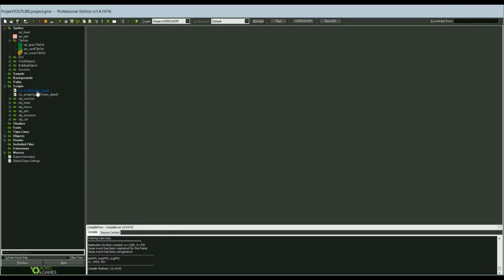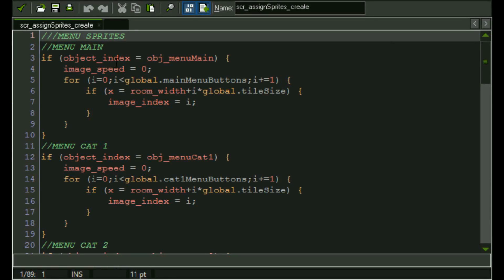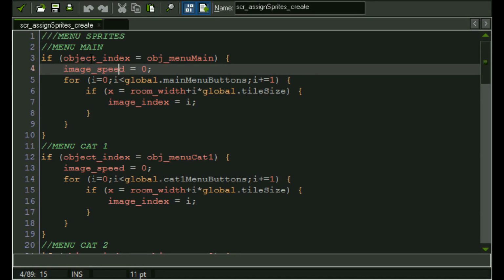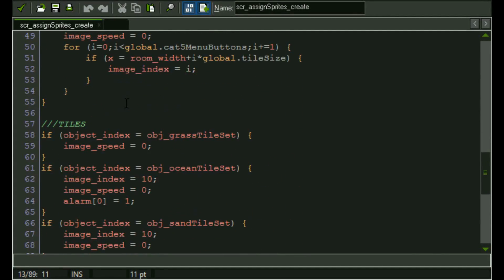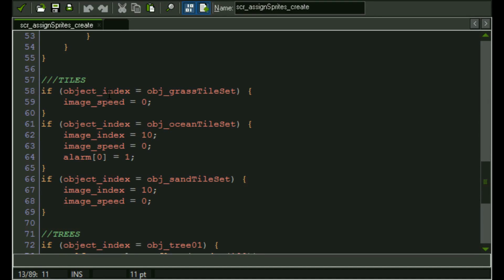Alright, that's good and fine. Let's open up that script and have a closer look at it. I'm not exactly sure if I showed you this before already, but basically I've just used the object index in order to determine which object it is and then what it has to do, and I believe I've shown you this. Anyways, what I have done here is added all of the tiles, so if it is a grass